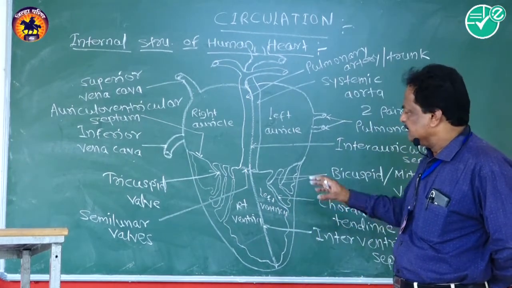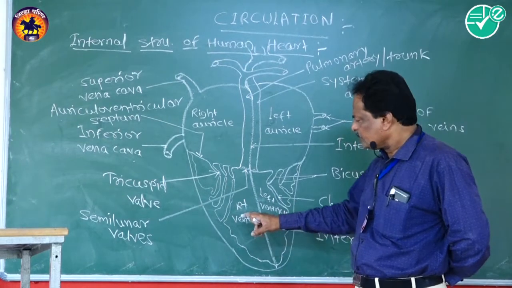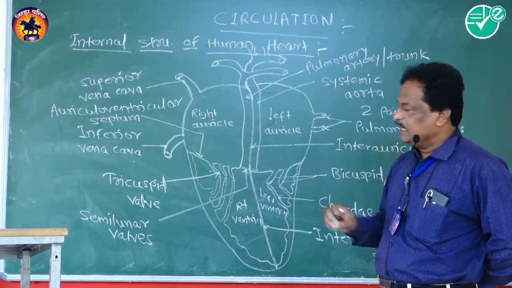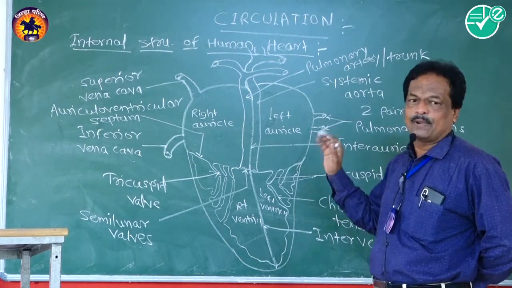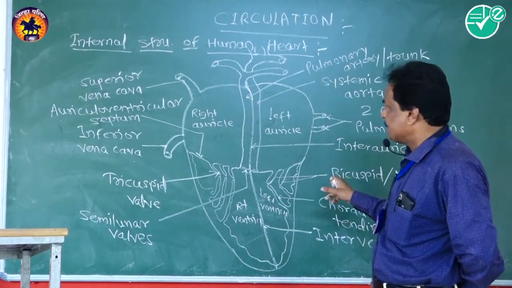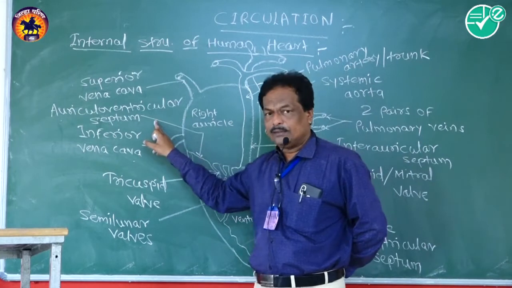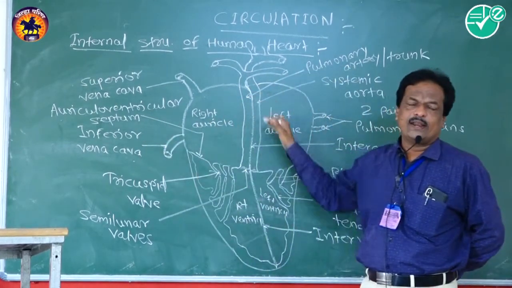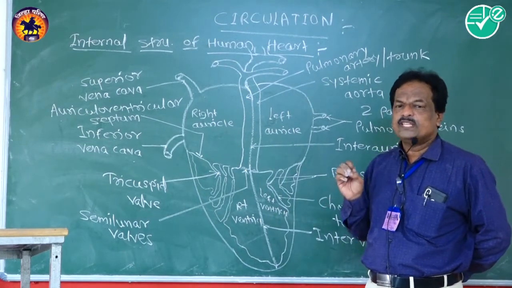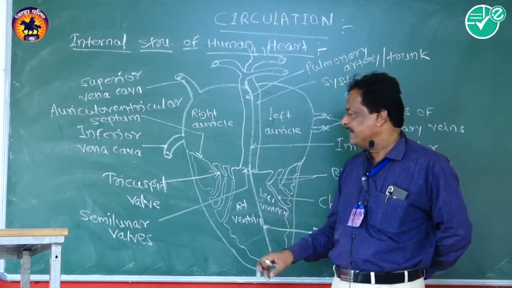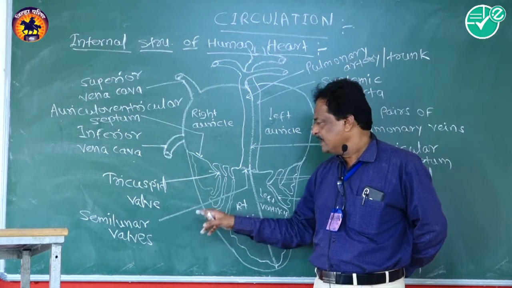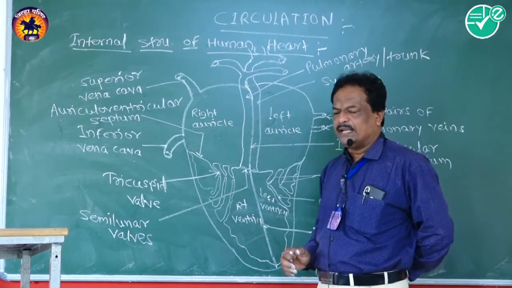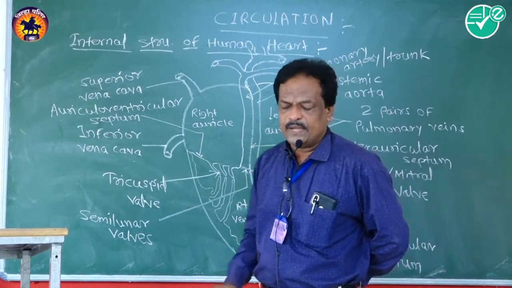When ventricular contraction takes place, the AV walls which are present on the AV septum, auriculoventricular septum, between the auricle and ventricle, come into action. On the right side of the heart, between the right auricle and right ventricle,